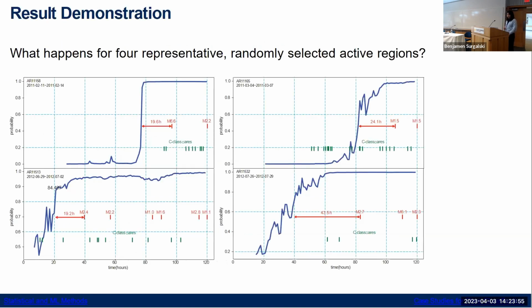So this is the prediction score plotted against the flare event. Each of those channels represents 4 different active regions. And then the red marks are the strong flare events. Again, M class, very strong.